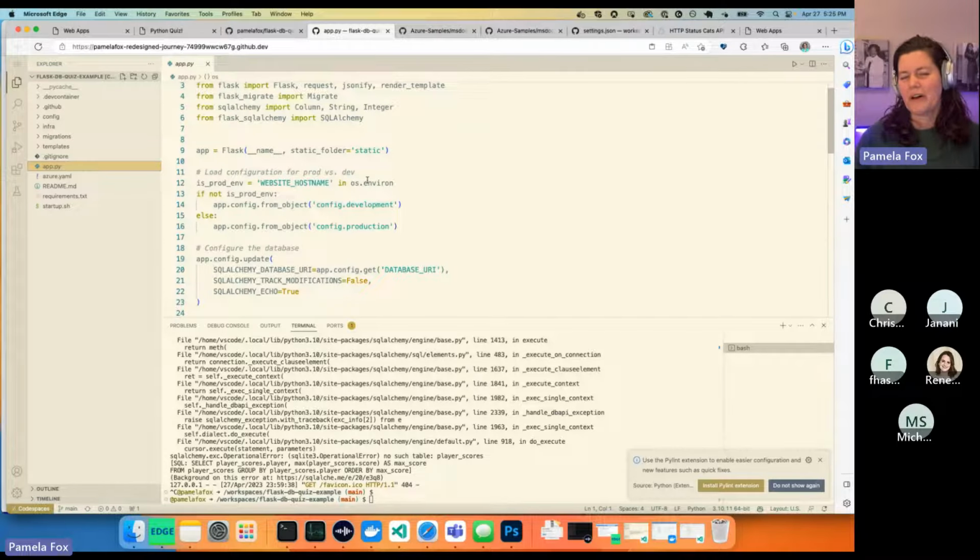There's a lot more code involved in terms of a database. One is that you have to figure out what kind of database you're going to use. This one actually uses SQLite locally and then uses PostgreSQL in production. So there's many different kinds of databases.